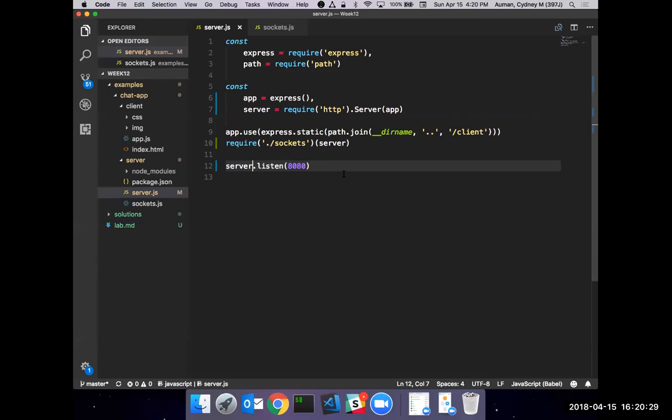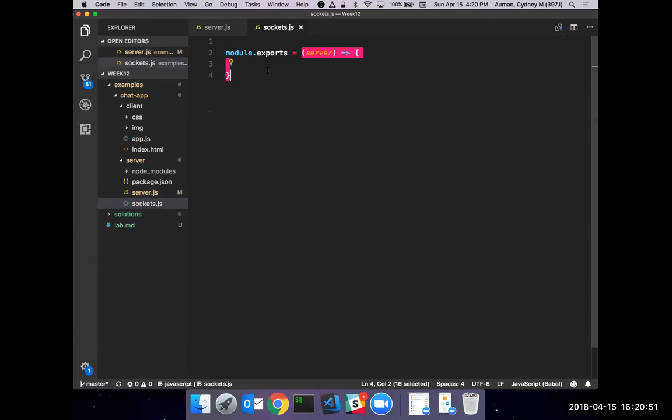So a lot of this was, like I said, old stuff from week 8, a couple of new things, line 7 and 10, and the small change on 12. So really the work for sockets is going to be happening in this file. I just like to separate things out. You could put all your socket and your IO information inside here, but me, I like separation of concerns.